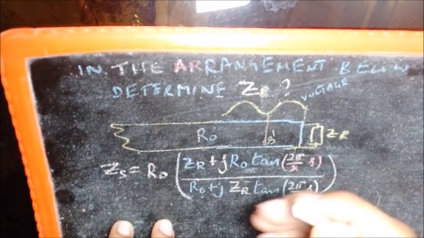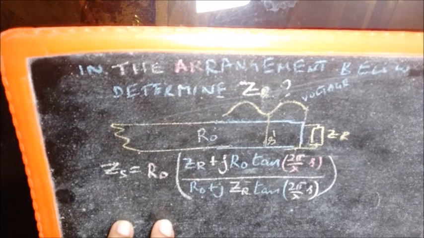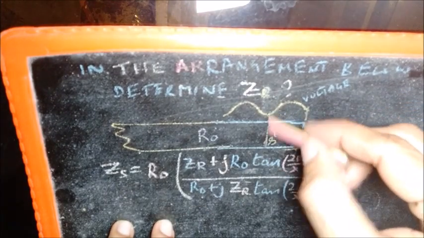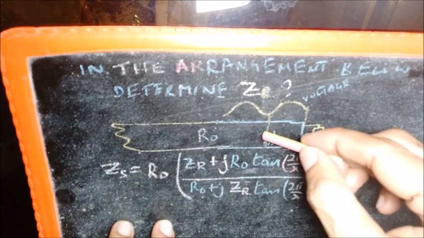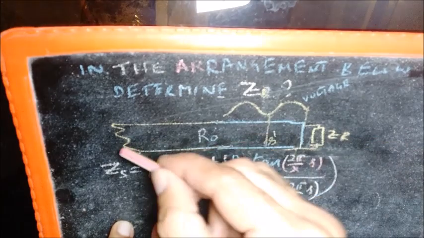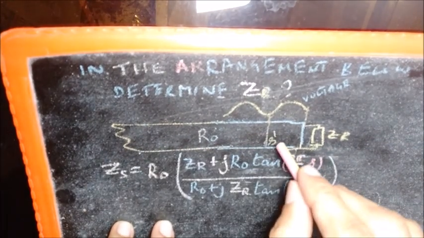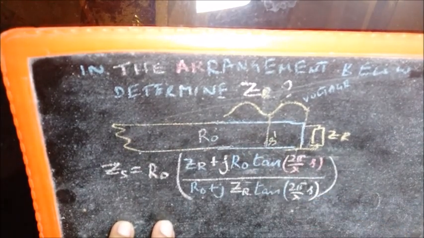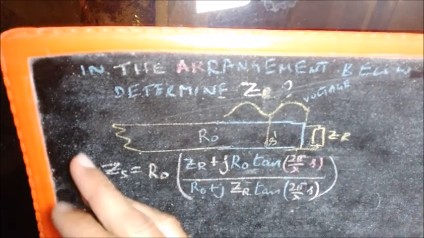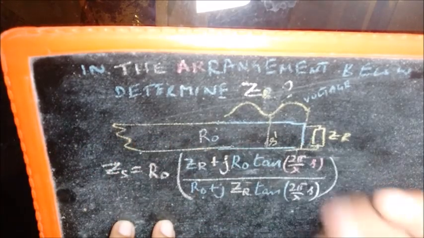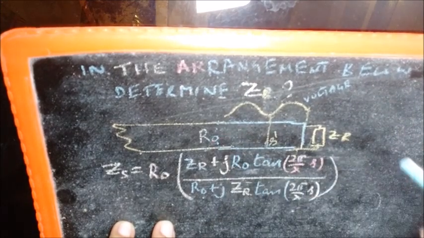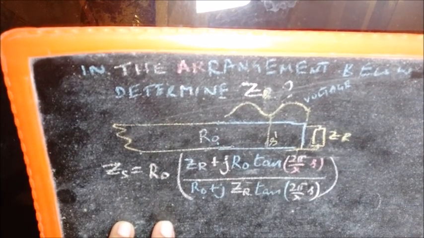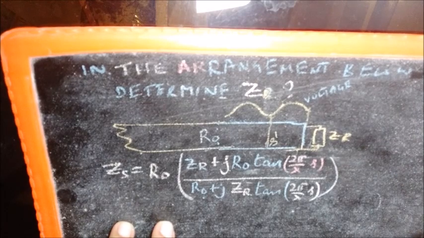We know R0, the characteristic impedance of this transmission line, and the first minimum of the voltage wave amplitude from the load side towards the source. Let's say we could measure this and we know R0. Lambda we should know because we are the ones sending the signal, so lambda can be determined. So if we know R0 and lambda, it is possible to find out the load impedance ZR.